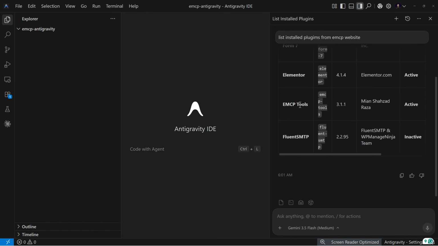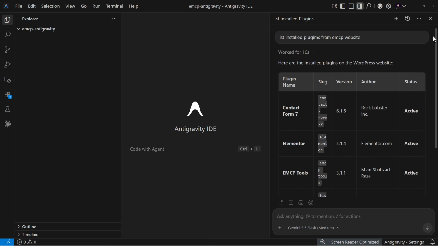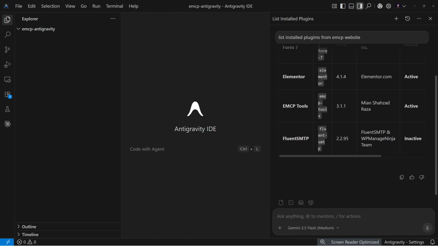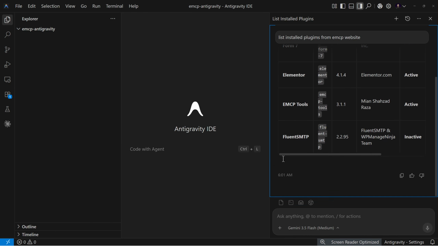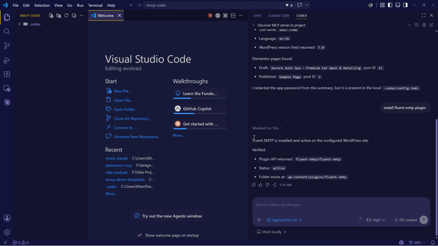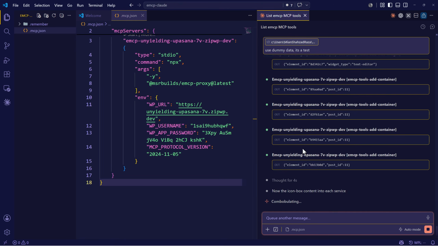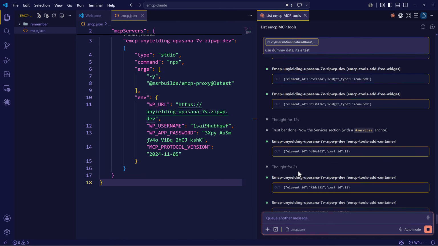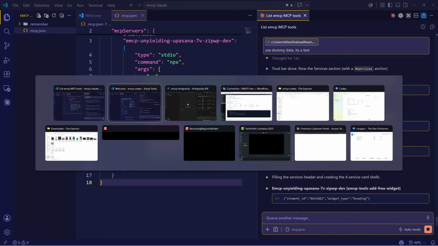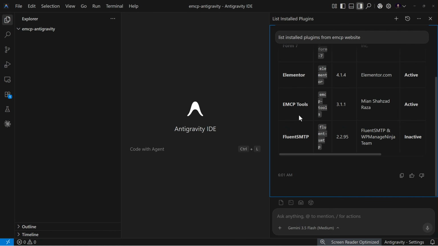Okay, great. It's working here as well. Now you can do anything in the anti-gravity as well. Like you can create posts, you can design your websites, you can update pages, posts, or you can create landing pages like I am doing in the VS Code over here. Let me see how far it has progressed. It's still doing its job, and I think this was our last integration in the